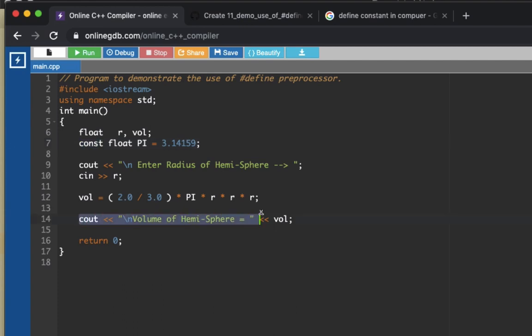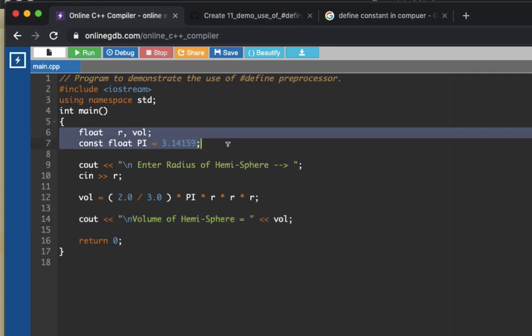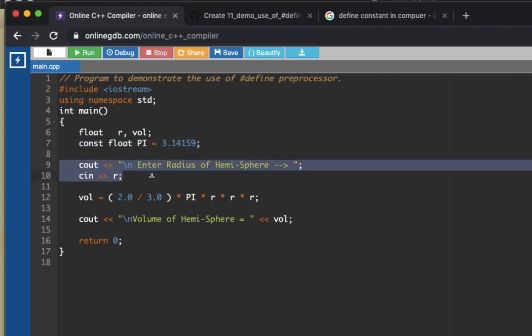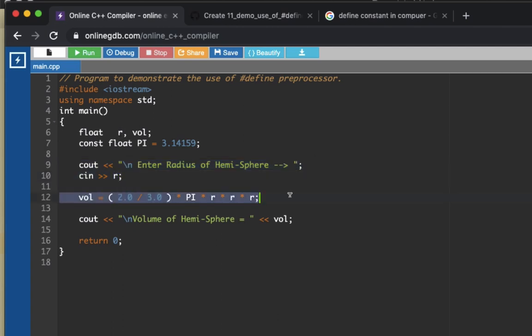The program computes for the volume of the hemisphere. Let's now check our code here. This section is our variable declaration wherein we have the variable r and volume, and then we have here our constant declaration. This section allows us to compute for the radius of the hemisphere, which we're going to have here cin r. This line here computes for the volume of the hemisphere, and then we're able to print